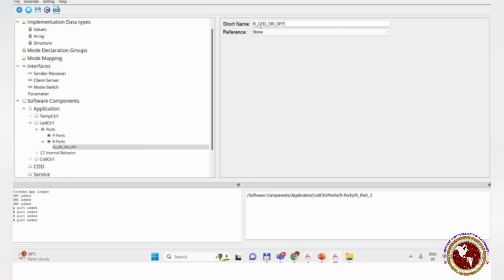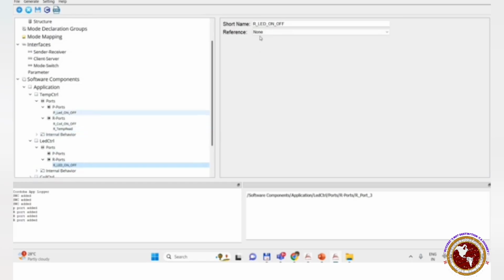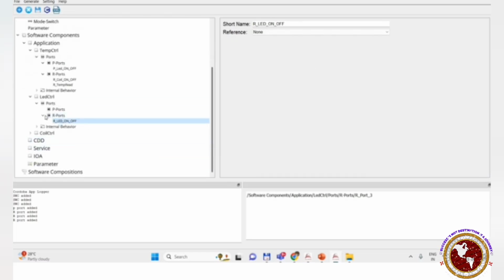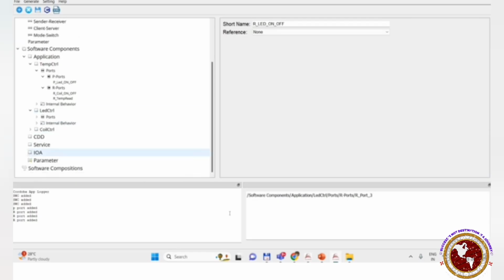Okay, just see the naming convention. Here we have LED on off. Here also we have LED on off. The only difference is this is R underscore LED on off, whereas this is P underscore LED on off. Okay, so again the reference is none. Keep it as it is. Okay, so 2 software components are done. Now the third one, that is coil